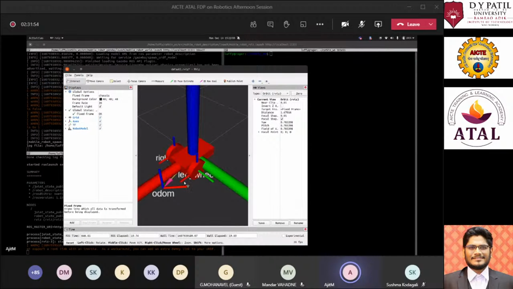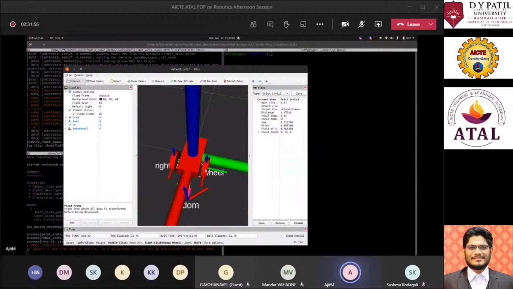So now that wheel is back to its origin, since we haven't provided any changes or any translation or any rotation to that wheel in that specific link. So remember, the origin of any link is defined in the joint itself.